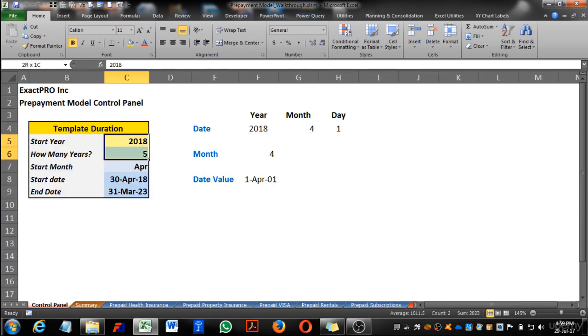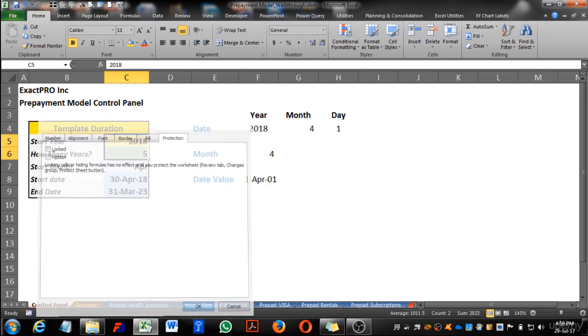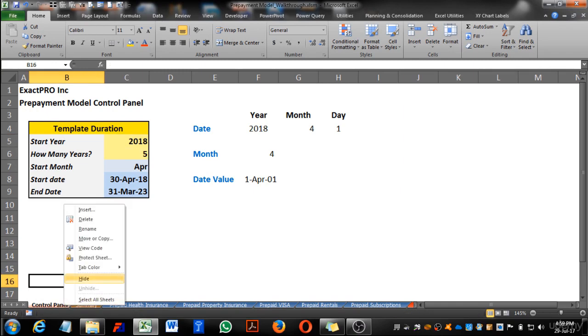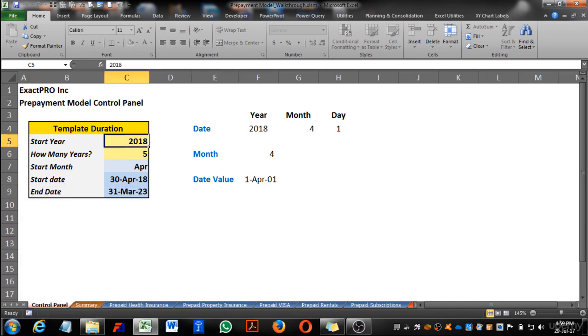Similarly, in the control panel, you can unlock these two cells because these are for the data input. So let's keep them unlocked and protect with the same password and same criteria. Now these two cells are available for input and the rest of the cells are locked. So this looks like your model is professionally made, and you know that nobody can manipulate your model apart from those cells. So this is how you add protection to your model, and it will increase the reliance on the data output, which is the most important thing for accountants.